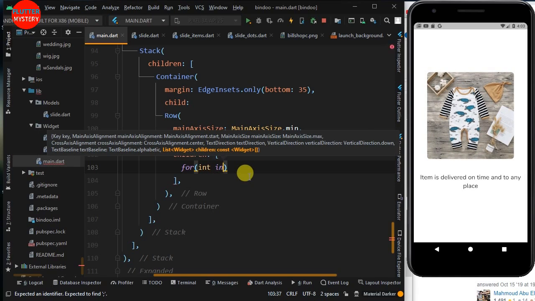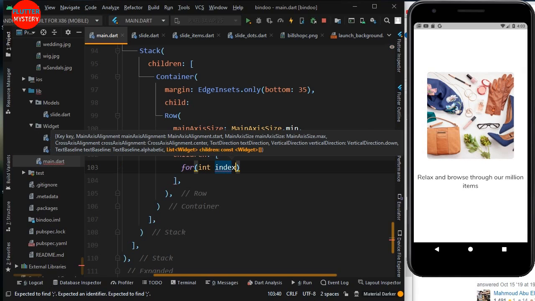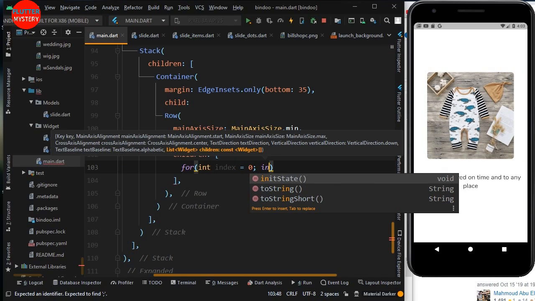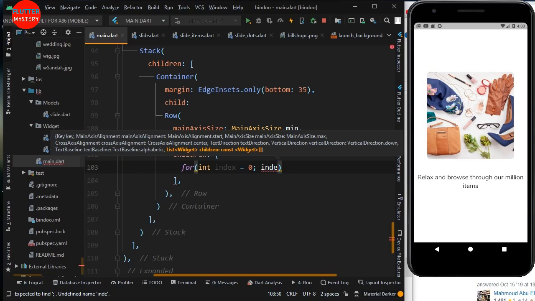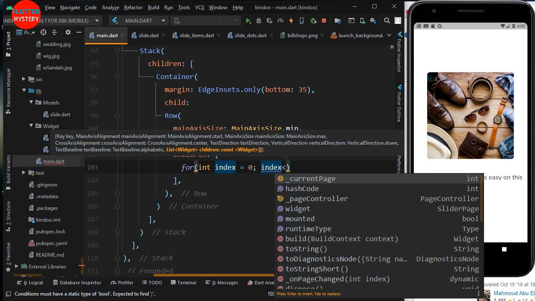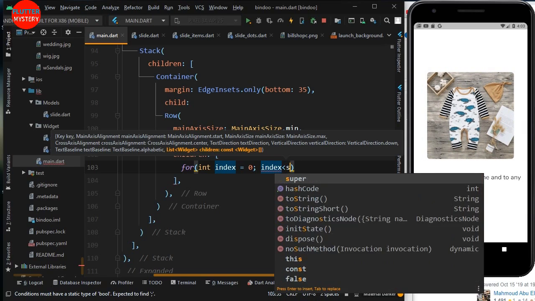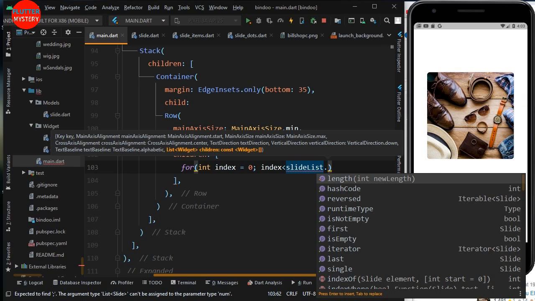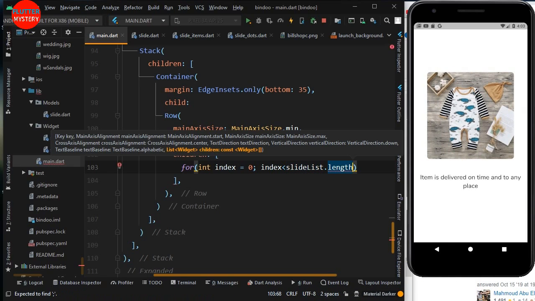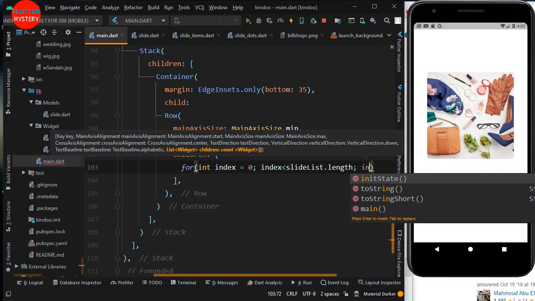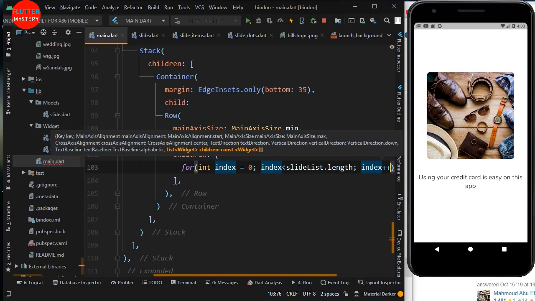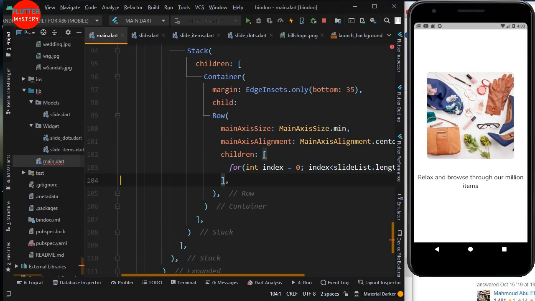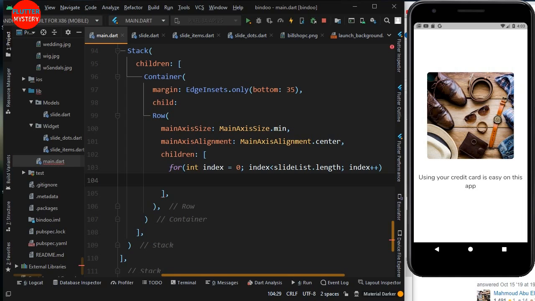integer index equals 0. We will say that index should be less than our slide list dot length, like this, and then we say index like this, and then come down here and see what if,